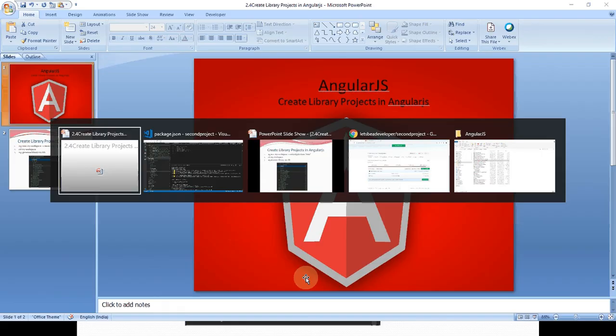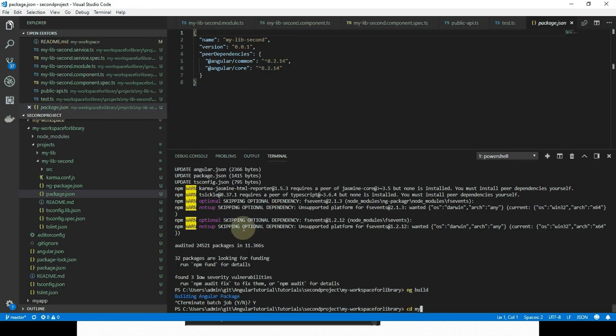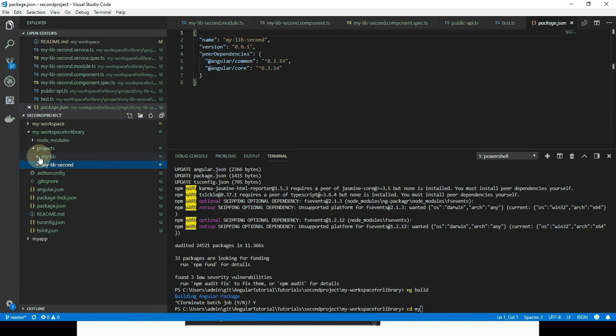If you go to my library and enter ng build, it will do the steps mentioned in the package.json file. So this is how the configuration of libraries is set up.